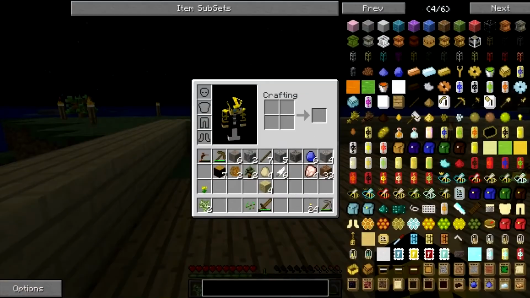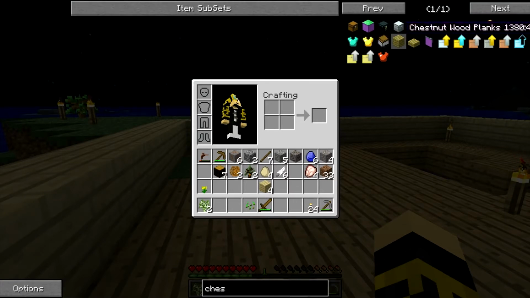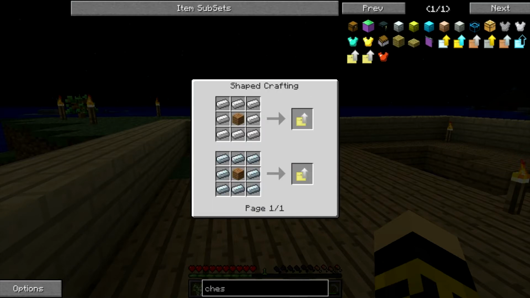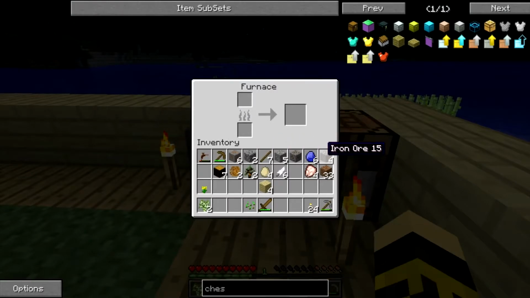I think I can actually use a chest. There's like normal to chestnut wood planks. I want a chestnut wood planks. I believe there was supposed to be like, okay, normal chest to iron or copper. Alright, so planks surrounded by iron. Or fine iron. Ooh, that's actually cool. So they did that. Okay, so let's melt some of my